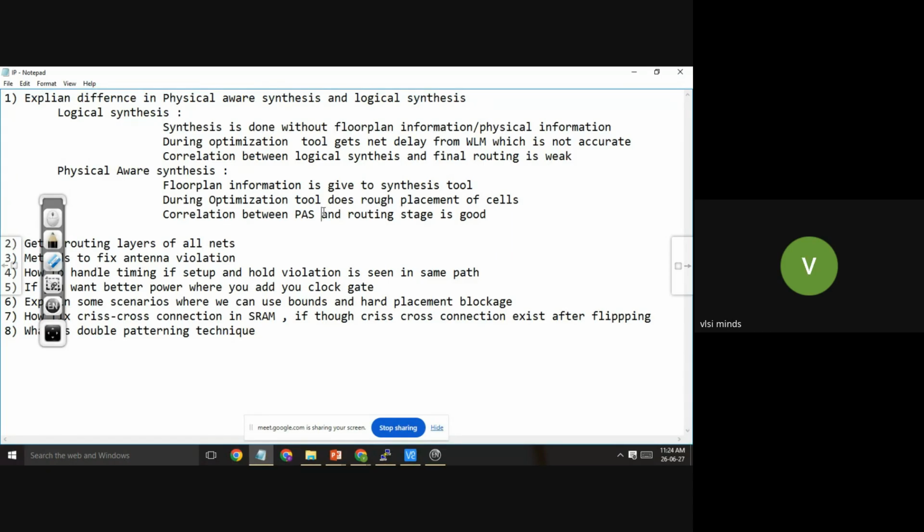See, it depends upon the project. It's not about industry, right? If the project has the previous block information, they will directly get it from there. If the project is very new, for example, take the Intel i7 processor; they are doing the next version, i5 to i7. The i7 has almost all the blocks which the i5 had, right? So then directly we can do physical aware synthesis, because we can directly use this previous block experience.